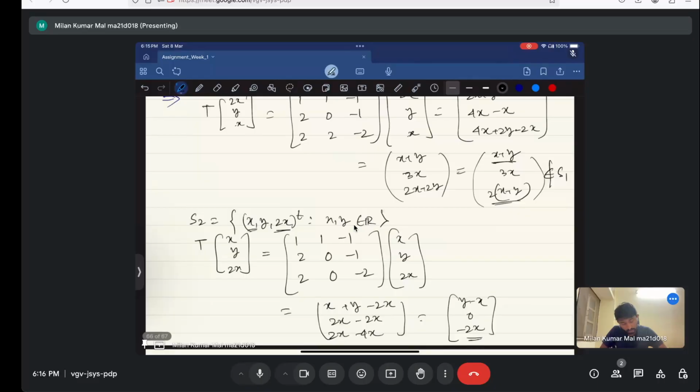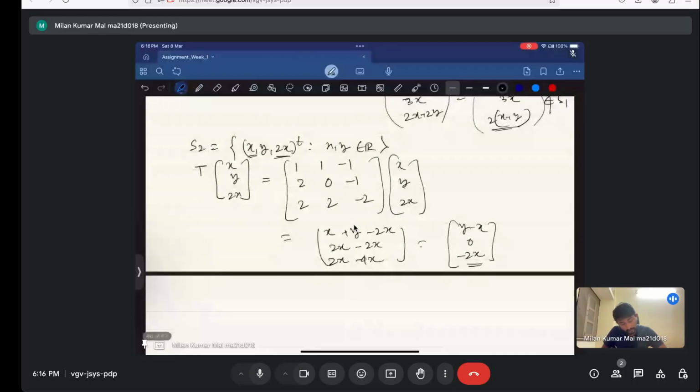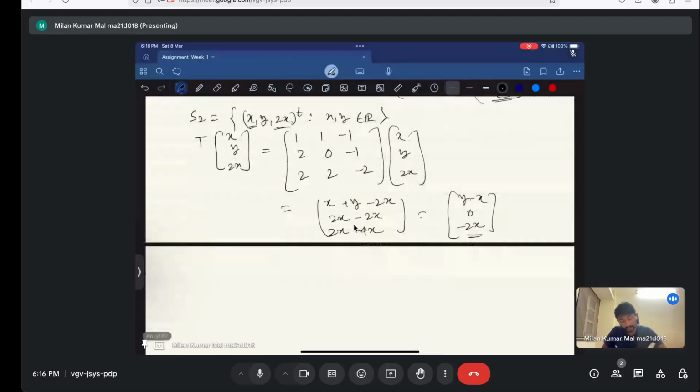This is 2, so this will be 2x plus 2y minus 4x. So therefore this will be x y minus x, 2 of y minus x. Here note that the first term is actually double of the third term, the double of the first term. So therefore this element is again in S2. Therefore S2 is invariant